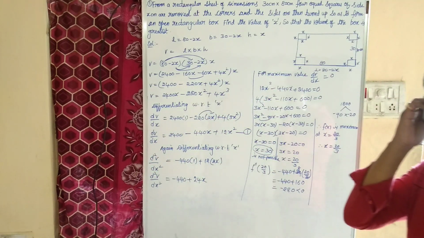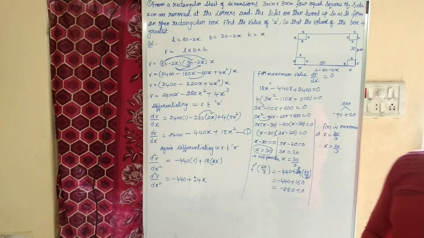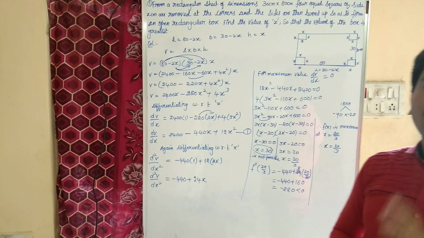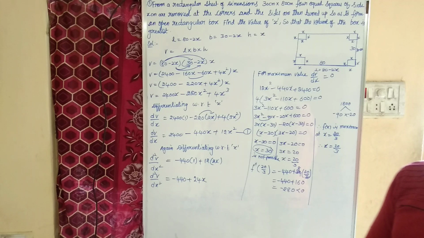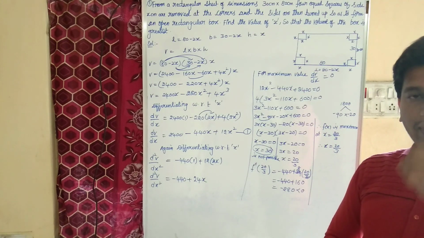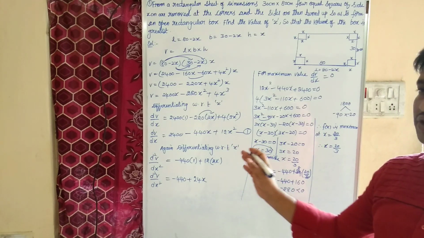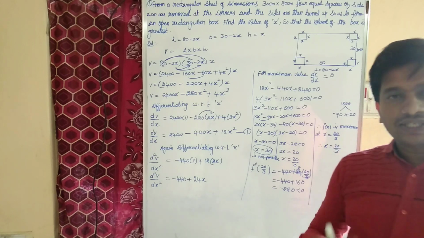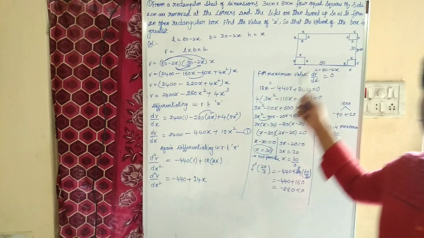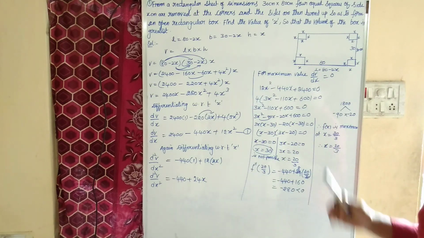Children, are you getting confusion anywhere? After finding the volume, you have to do the sum. Let me explain. First, we have to find the length, breadth, and height, and then we need to find the volume. Then we need to find the first order derivative, equation number 1. Then we need to find the second order derivative, equation number 2. For f of x to be maximum, we need to equate the first order derivative dv by dx equal to 0. Then you will get the values of x: one is 30 and the second one is 20 by 3.